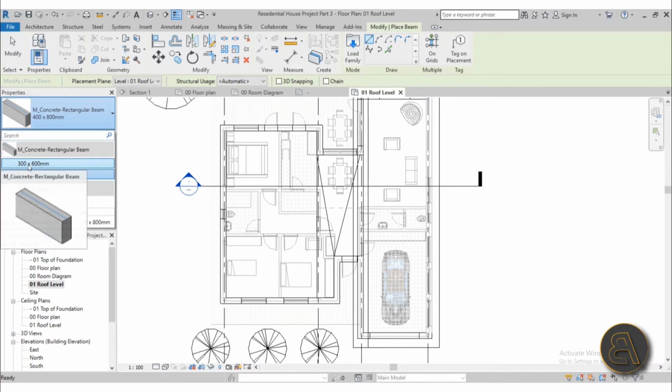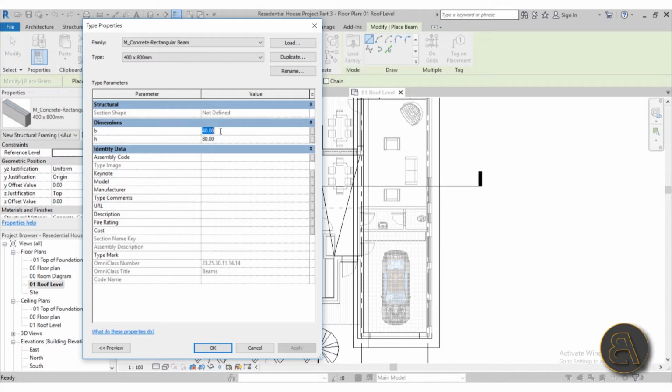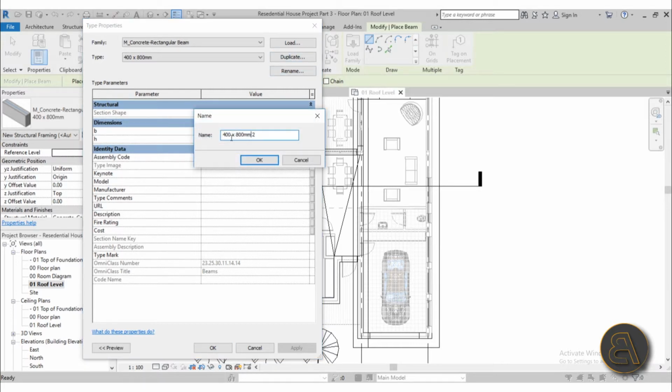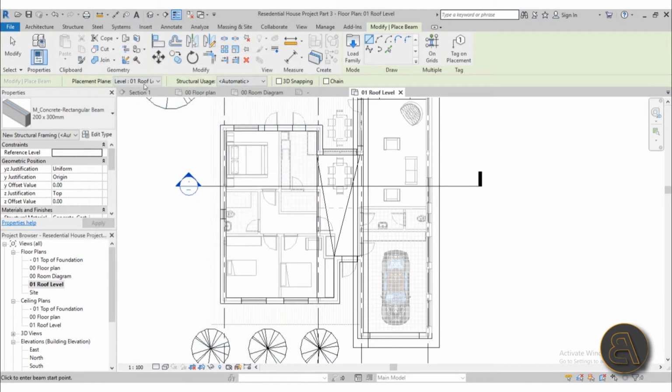Okay, so the smallest one is again 300 by 600, that's way too large. So for a small residential building, let's duplicate this one and let's go with 200 by, I don't know, something like 300, something really small. Okay, hit OK, and then this will be 20, and this will be 30. Okay, hit OK again, and let's place it at roof level. Make sure that the 3D snapping is off so it doesn't accidentally mess something up,